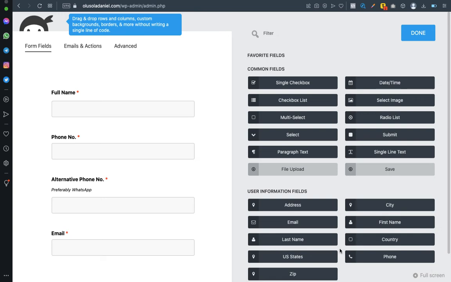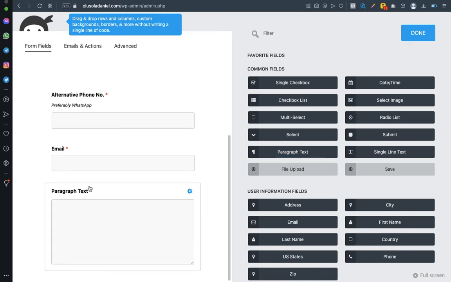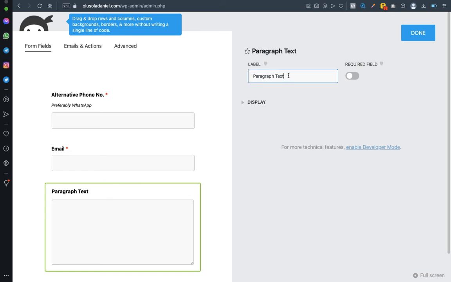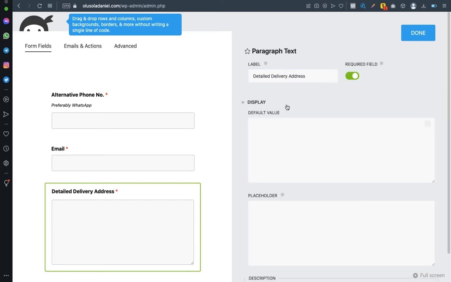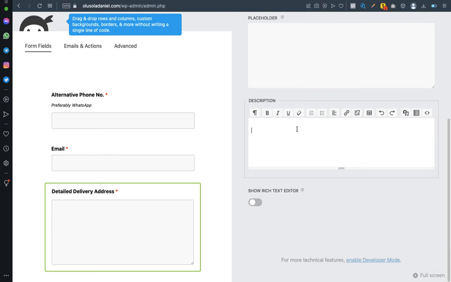That should be for detailed address. Let's not use line text, let's use paragraph text this way. Then let's make it detailed delivery address. It should be compulsory as well. So I would like us to add a description to this as well. Description, let it be